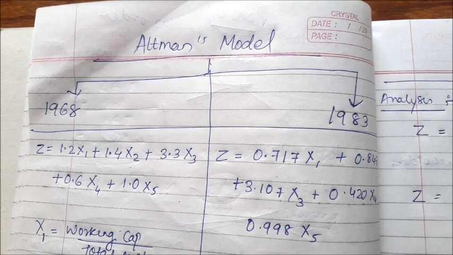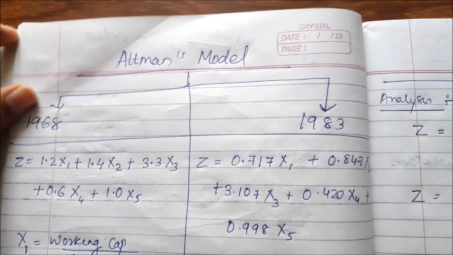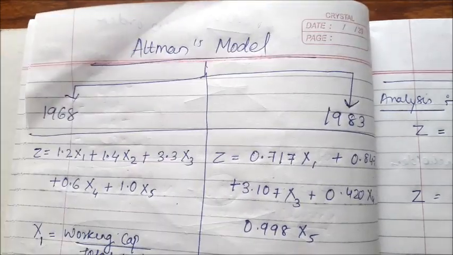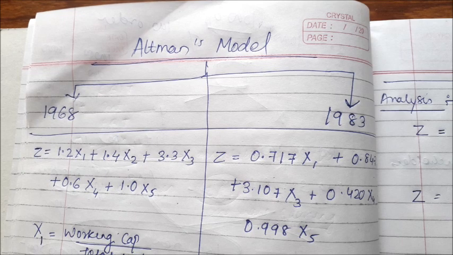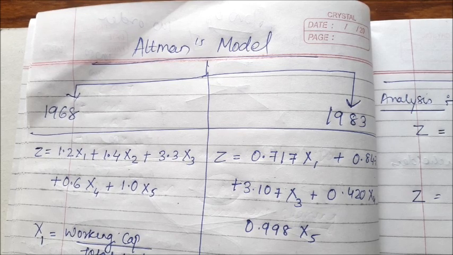So now, before going into the illustrations, it's required to know a few concepts on which the questions have been based, so we should be aware of them. So I have made some notes. We'll first see that. There are hardly 7 questions, and most of them are based on Altman's model, that is the Z value model, the Z score model.